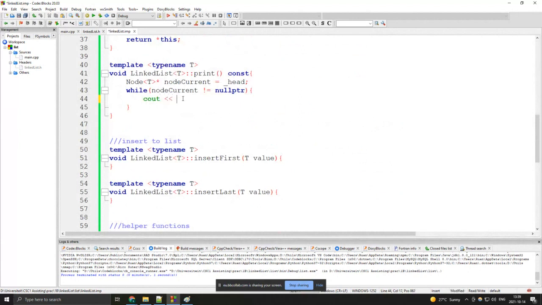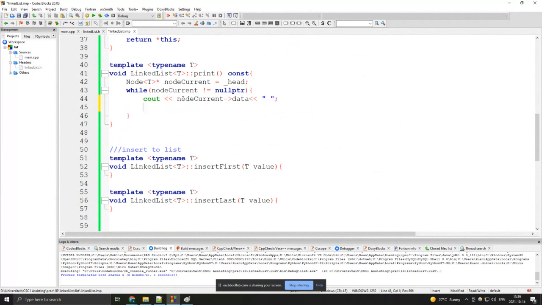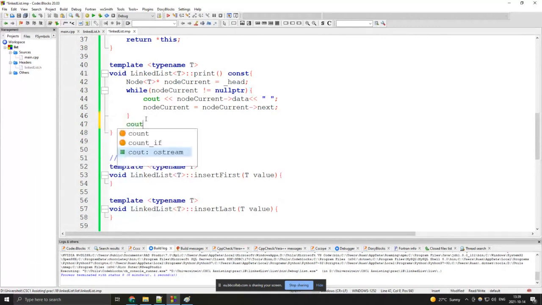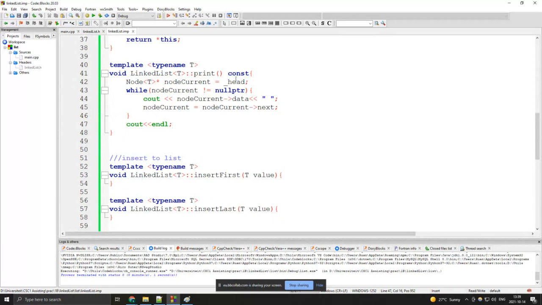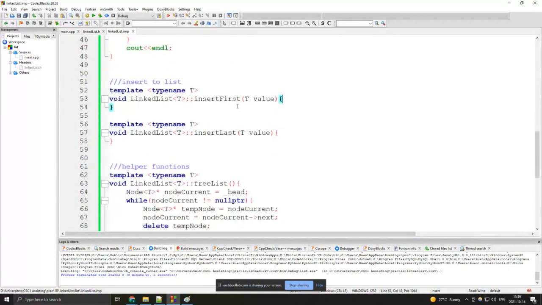Okay, so cout, and then we want to output the actual data value that we had at node current. So node current data, and add a space, and then we want to move on node current. So node current is now equal to node current's next node. So that is now moved on one as well. And then at the end of all of this, we just output an end line character, and that will output everything into a single line. Okay,